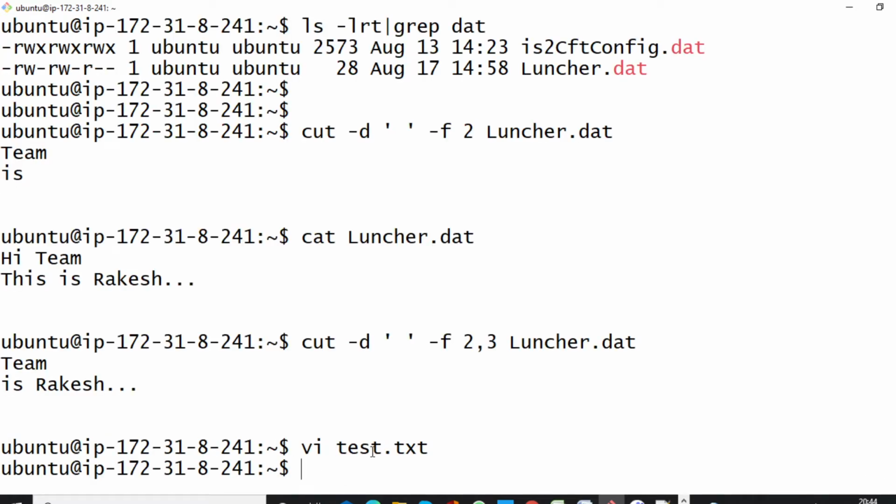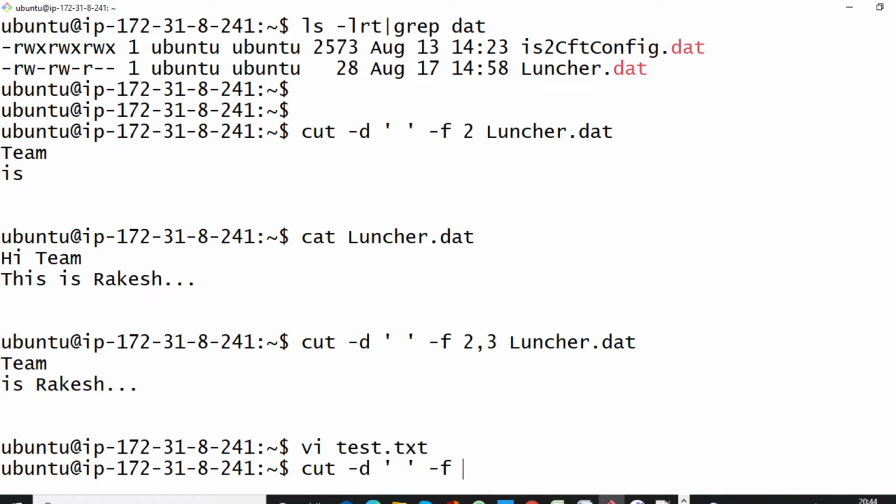We have written something inside the file and we are going to print something. So what will be our command? cut -d, then we'll have to put the delimiter, then -f stands for field.